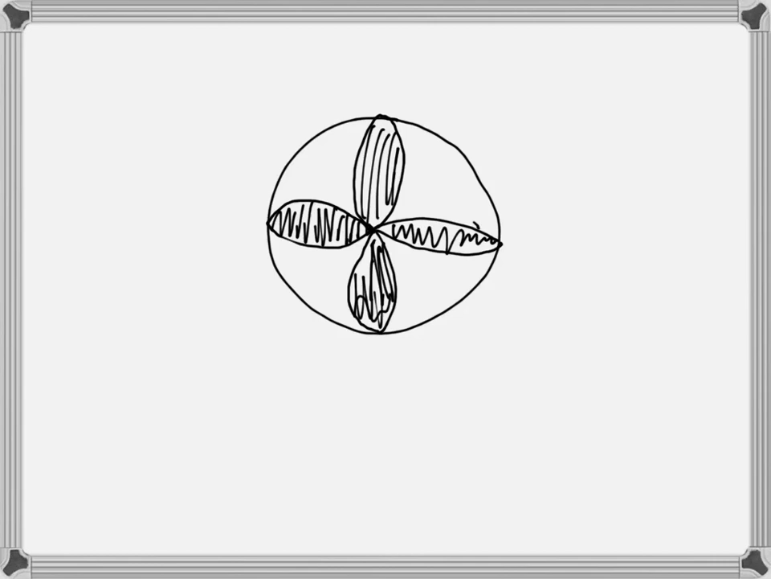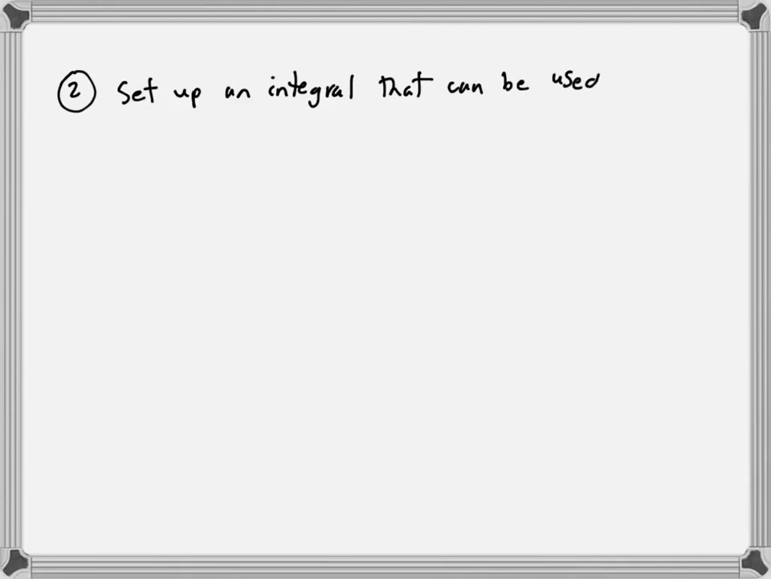Anyway, that's an example of finding an area with polar coordinates. Let me do a trickier example. The next one I do is going to be quite challenging to set up here. I don't want to actually solve the problem, but what I want to do is set up an integral that can be used to find the area